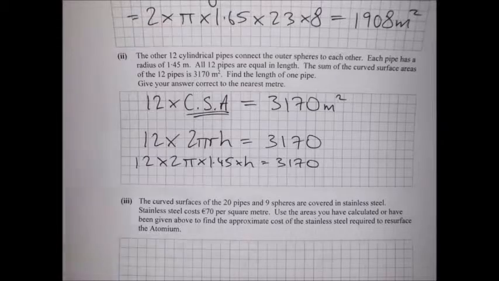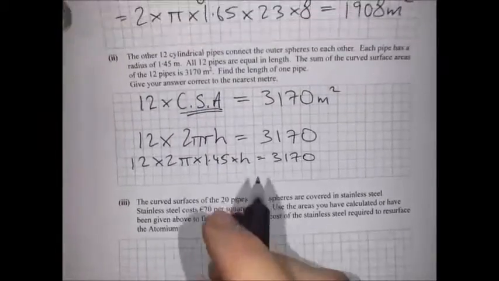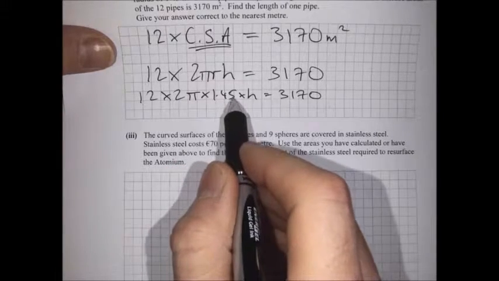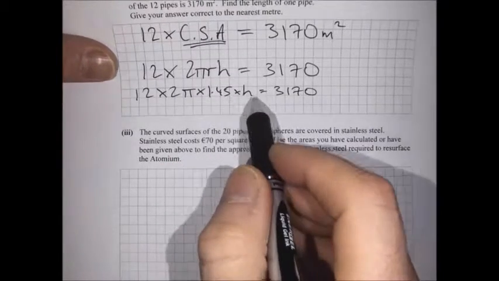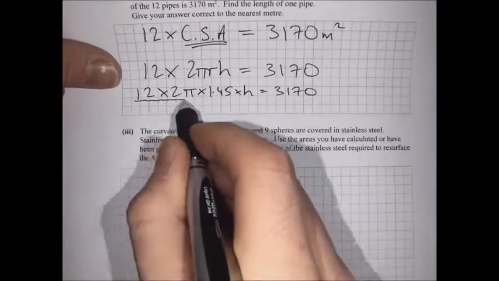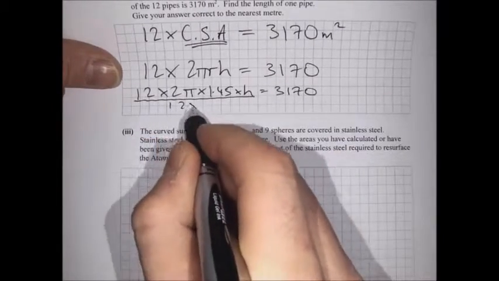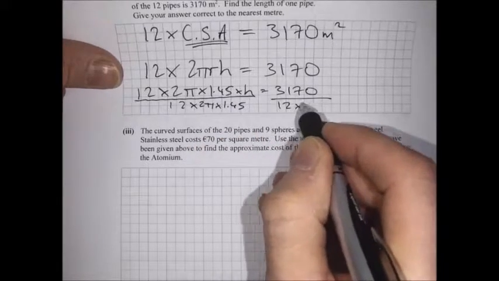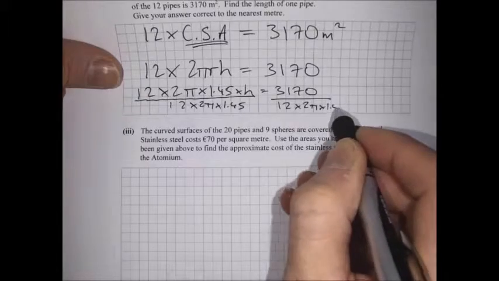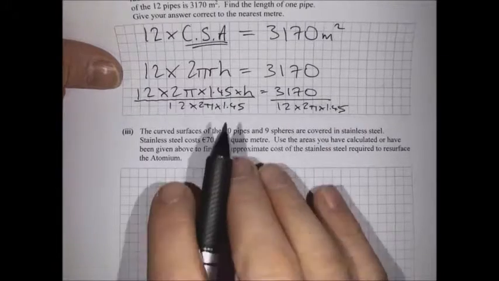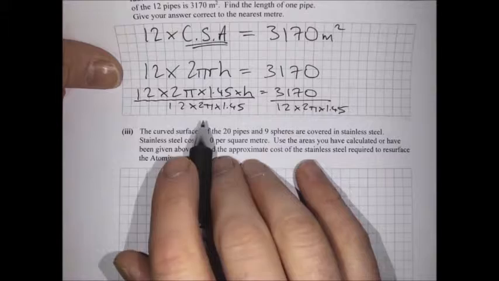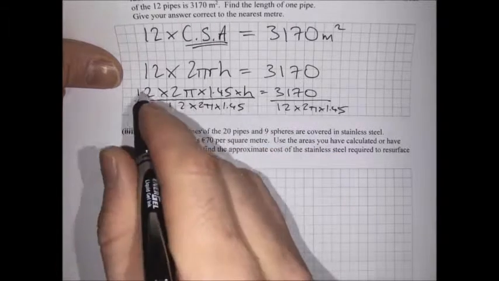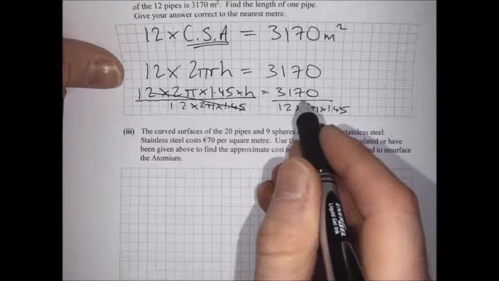And this is where we have to do a little bit of algebra. All of this stuff here stuck together, 12 multiplied by 2 pi multiplied by 1.45, we can divide both sides by 12 by 2 pi by 1.45. And we've divided both sides by the same quantity, and what will happen is on this side we'll cancel everything here, and we're left with h equals this calculation here,